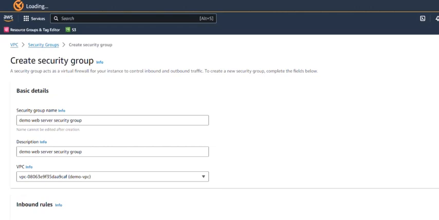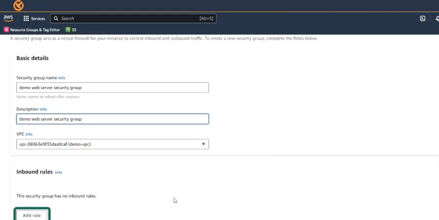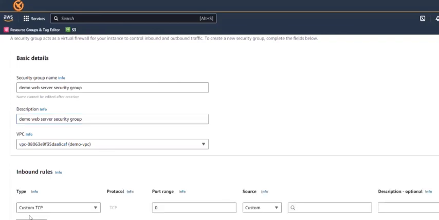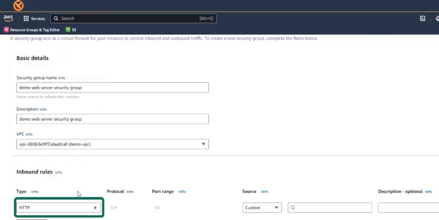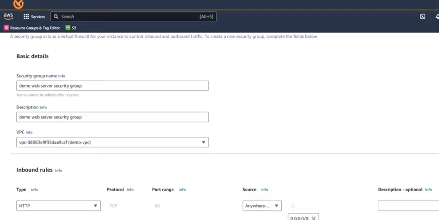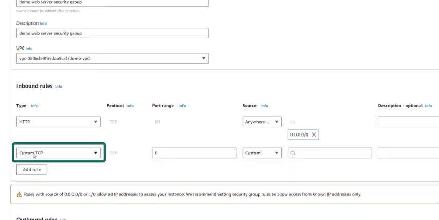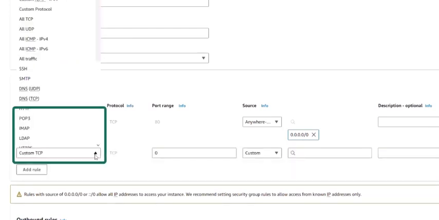And we go to inbound rules and select add rule. Okay, add rule. And then in the type, we are going to allow HTTP traffic and HTTPS traffic. So for both rules under source, we are going to select IPv4 anywhere.